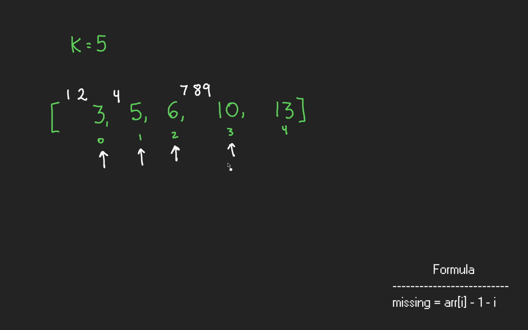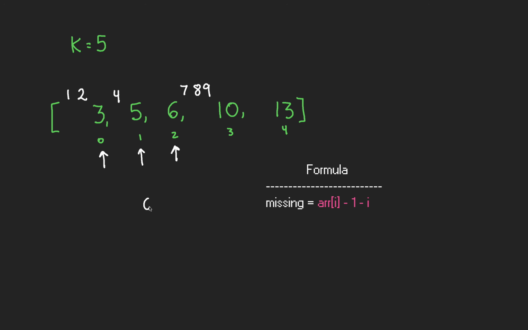train of thought. If we could go back in time and stop at the right iteration, at the 6 here, then what would our logic even be to return 8, the kth missing number? Let's break this down. We knew the count of missing positive numbers to the left of our 6, and we found that using our helpful equation. Doing so got us 3 missing numbers. These 3. Now, how many missing numbers left over must we find? Well, if we found 3 so far, but we need 5,